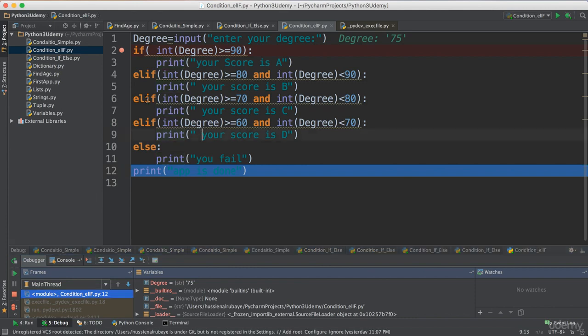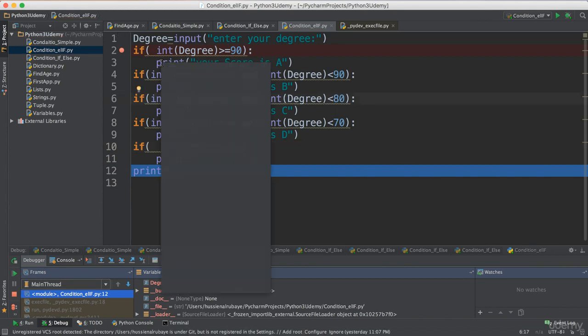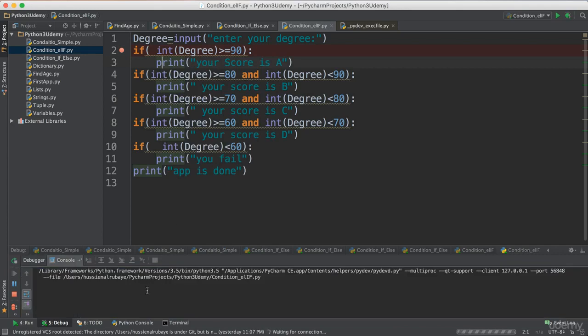You could do it in another way and your solution is still correct, but you are costing performance. In this case you have to update it. You say, hey, less than 16, if integer for grade less than 16, you still get the same result. But I will tell you how complex the process is. So now if I just rerun it, even if I get the same result, when I enter 75,